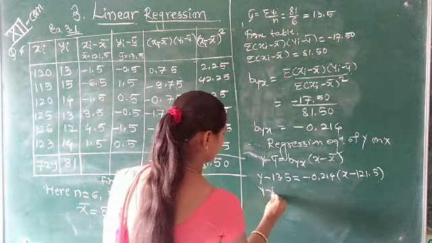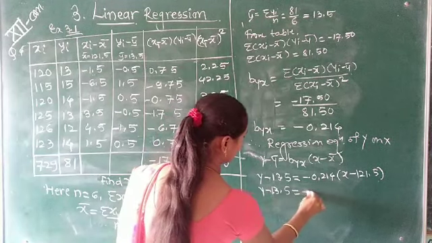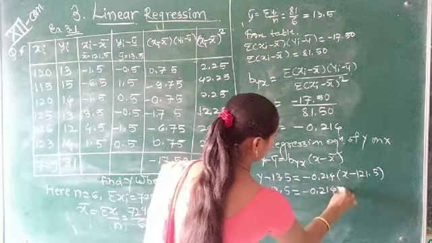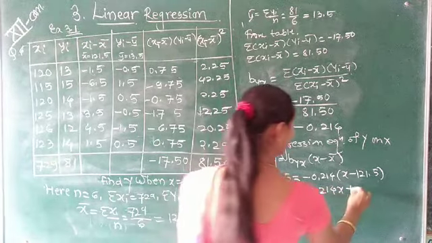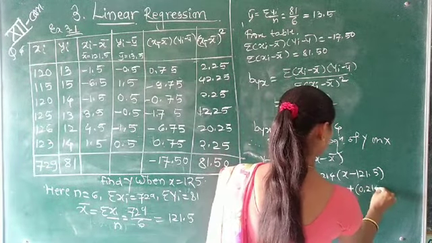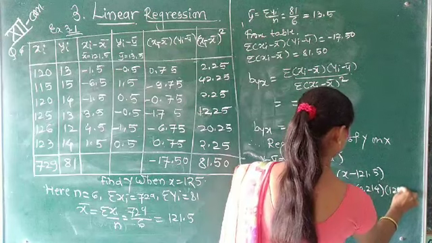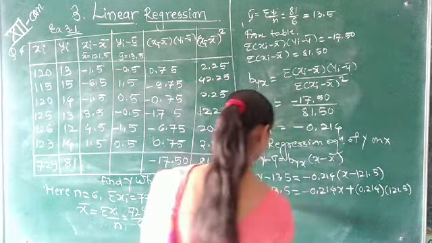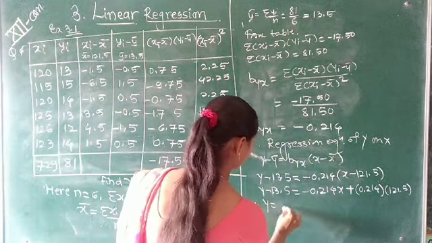Therefore, y minus 13.5 is equal to minus 0.214 into x minus 121.5. Therefore, y is equal to minus